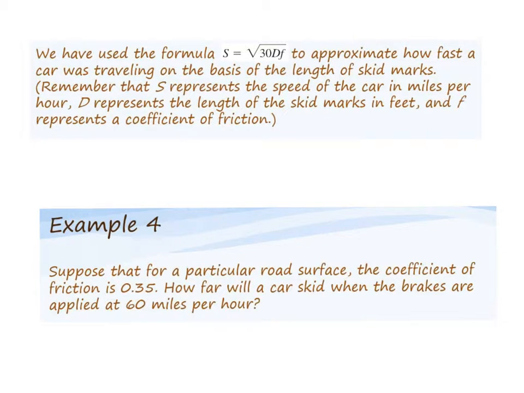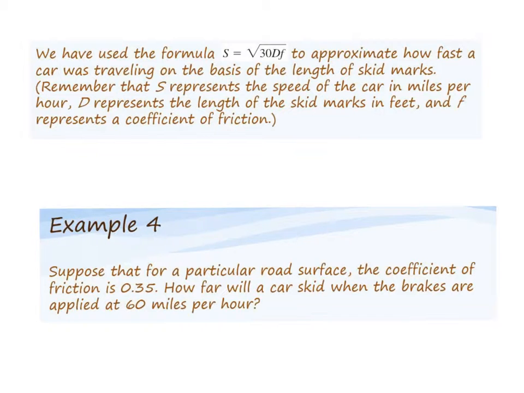So that factors in, okay, are we driving on pavement? Are we driving on dirt roads? Are we driving on rainy roads? Are we driving on snow? That's what the coefficient of friction is factoring in. So currently this formula, S equals the square root of 30DF, is set equal to S, the speed of